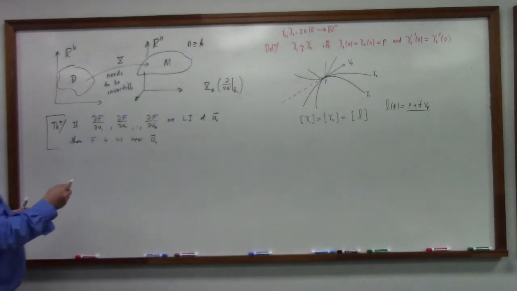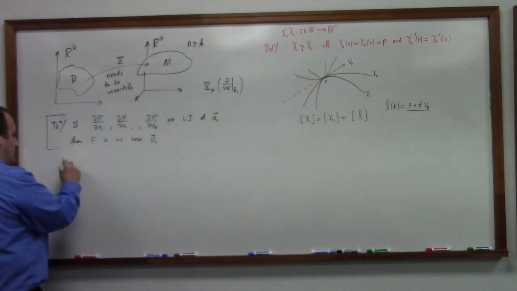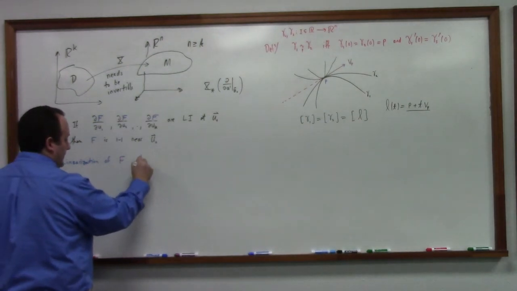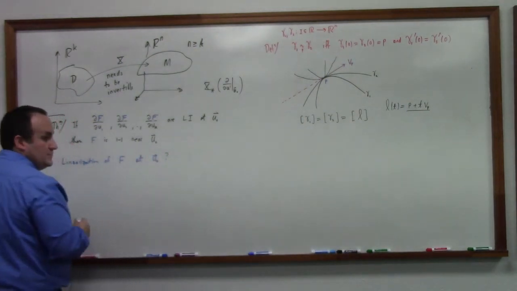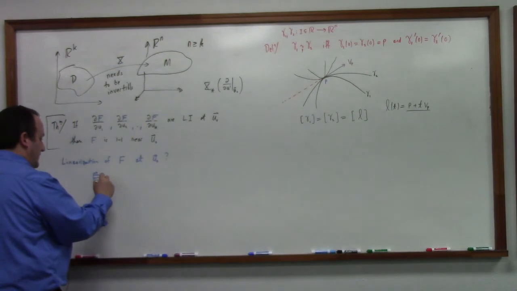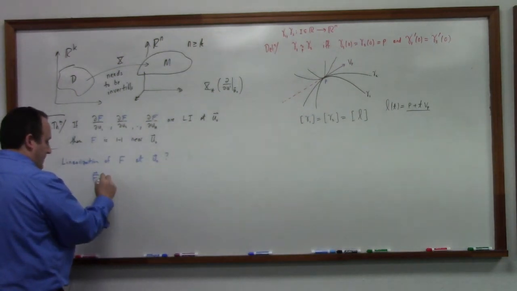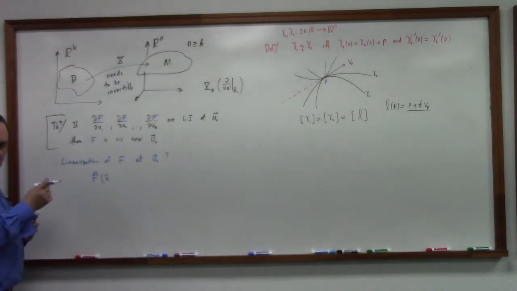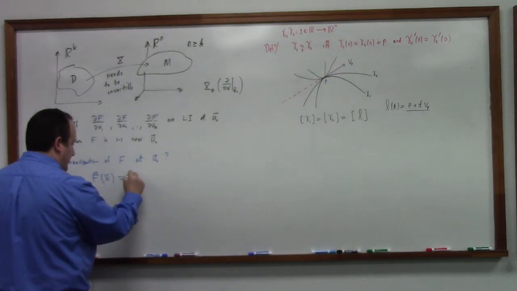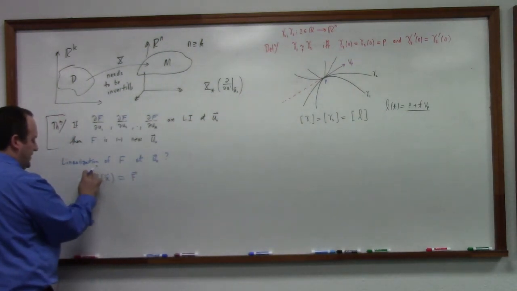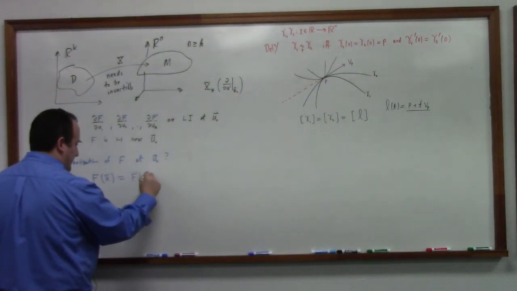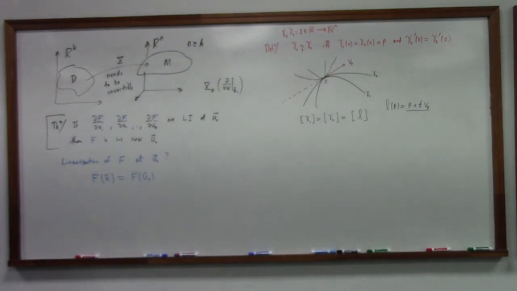Okay, so here's the thing. What's the linearization? Linearization of f at u naught. What it is: f of, let's say, x. I'm going to put a vector to emphasize it's not a single variable, but a vector of variables. F of x is equal to f of u naught, that specific point, plus